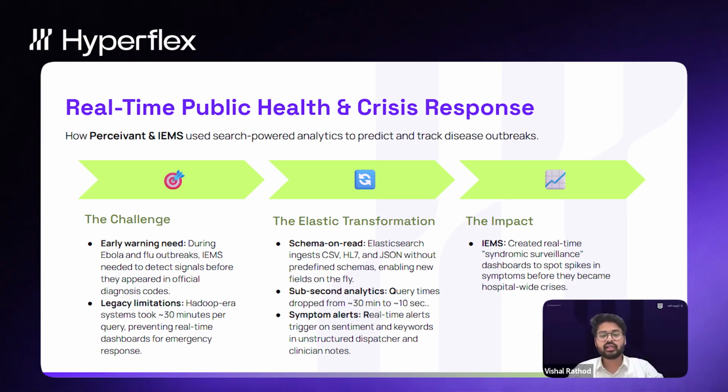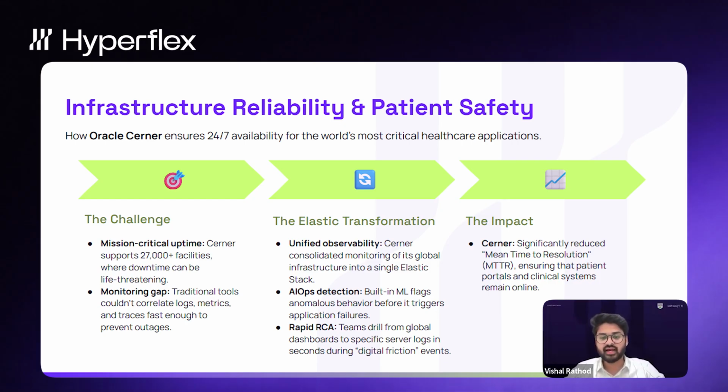And now coming to something which directly impacts the patients within the hospital or any medical facility, that is infrastructure reliability. Now acquired by Oracle, but earlier when they were working with Elastic, they were Cerner Health. Cerner has 27,000 facilities which monitor all the patients directly, and there is multiple different infrastructure associated with each of these facilities.